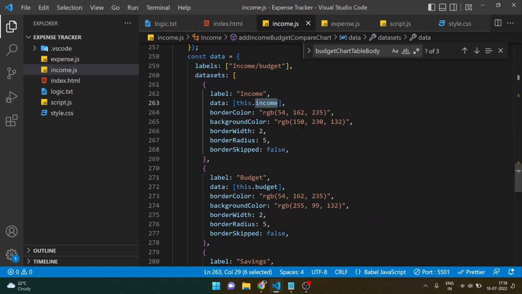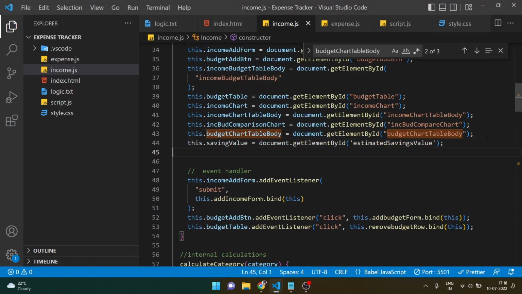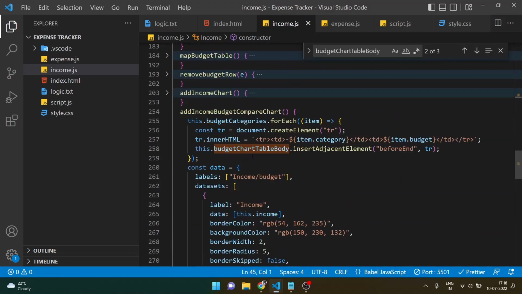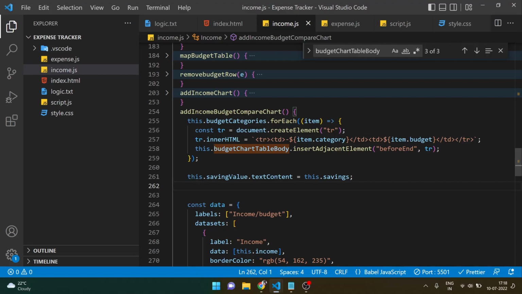So in our income.js constructor, I can put here saving value, which is nothing but getting element by the ID, and let me use the last method that we have defined to put the value inside this span. So this will be nothing but the saving value component of the UI, and its text content will be equal